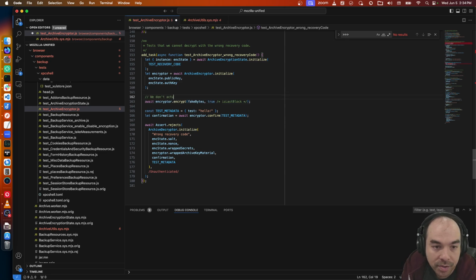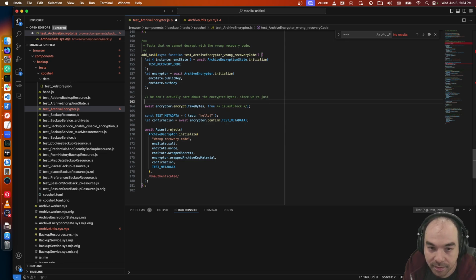We don't actually care about the encrypted bytes, since we're just testing that the archive decryptor won't accept an incorrect recovery code.